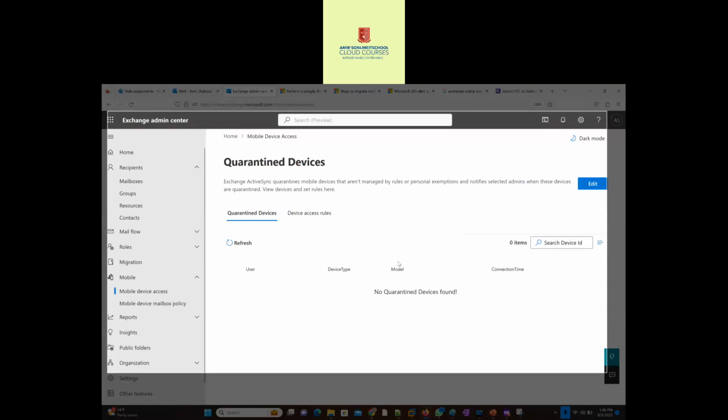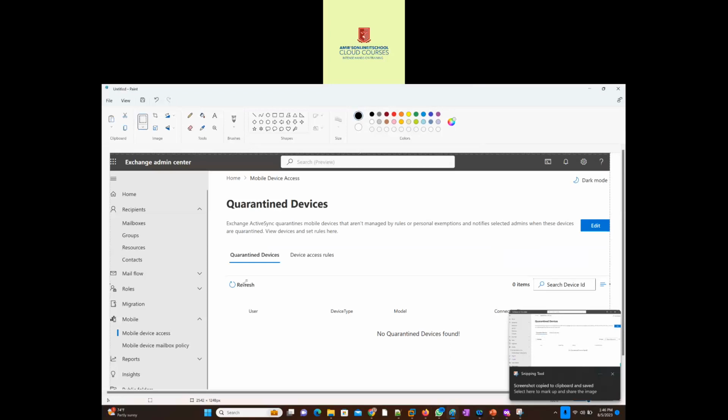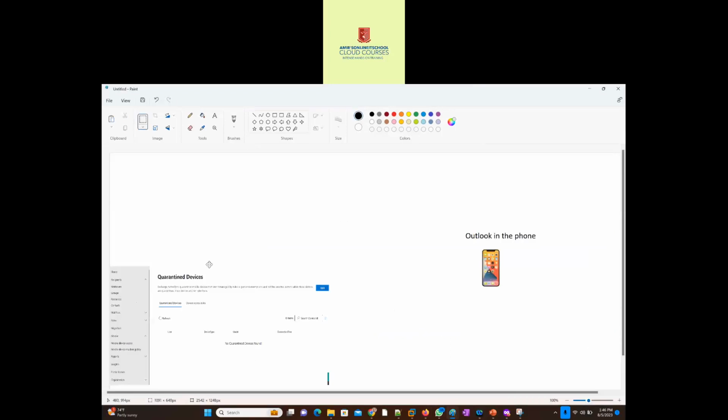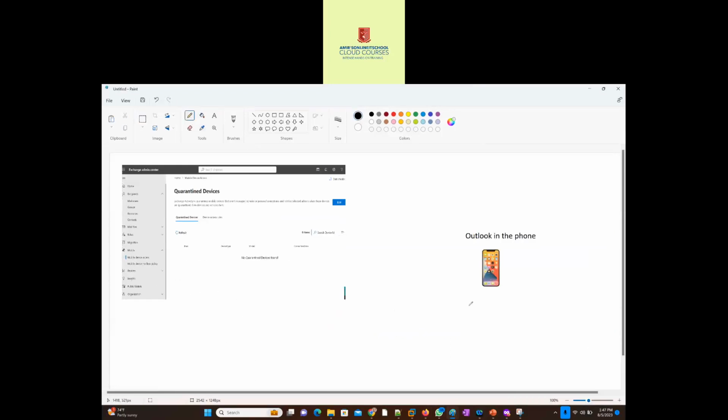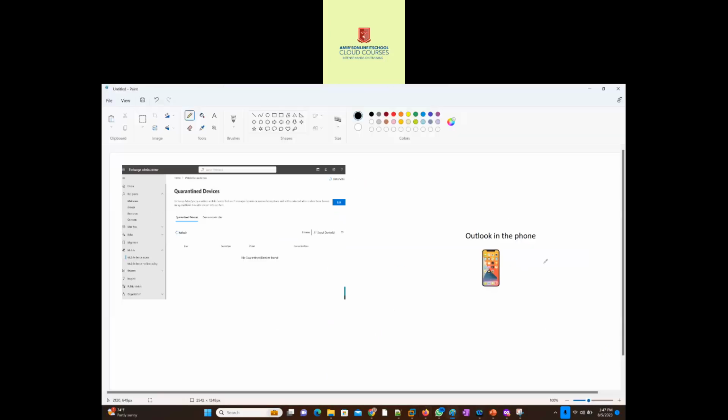All right, then it appears here. It cannot, according to the policies that you have configured. I'll just put that whole screen here. So what happens is, the currently logged in account that I'm logged in from is this, right? I'm an admin. So if I install Outlook on my phone and log in from that same account, then what will happen is that